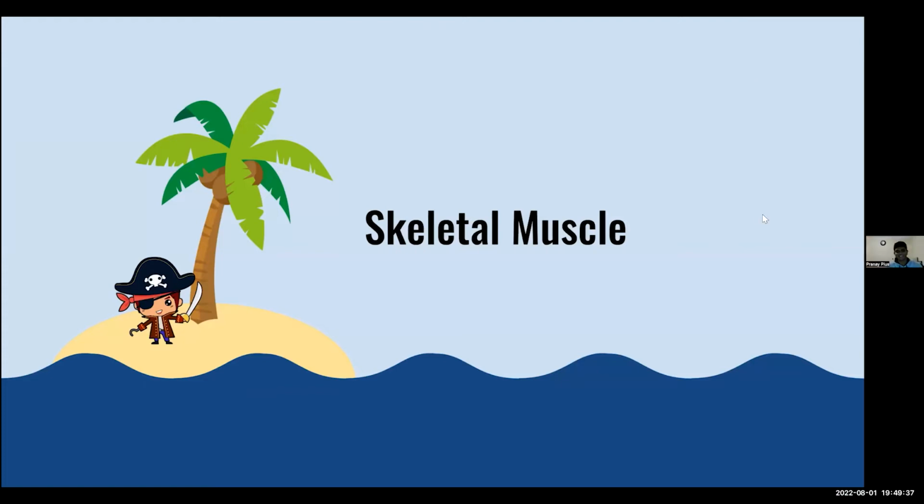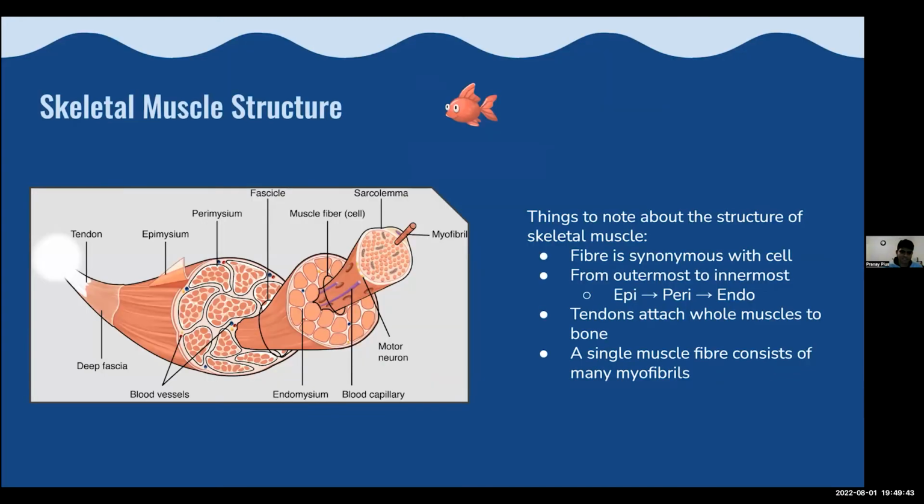Okay, so I'm going to be giving you guys an intro into skeletal muscles. So we'll start with just a general image of what a muscle looks like and break it down. So there's a few layers to a muscle. It starts with an epimysium, which is the outside, and then as you go in, you get the perimysium, and then you get the fascicle, which is kind of the fascia that surrounds